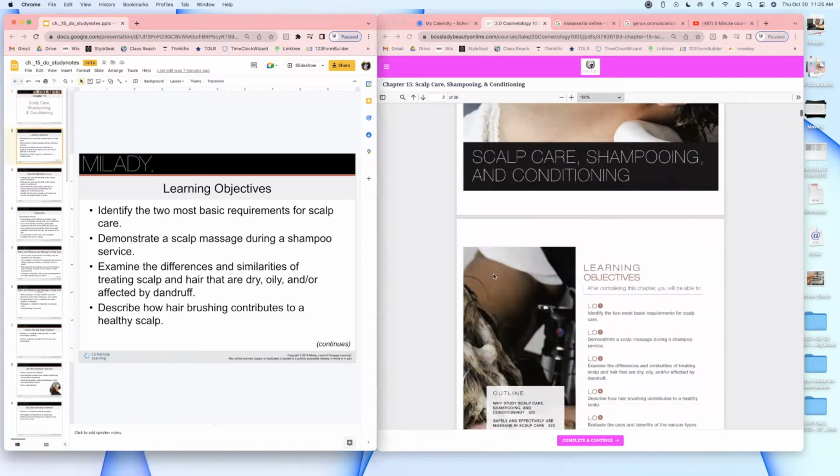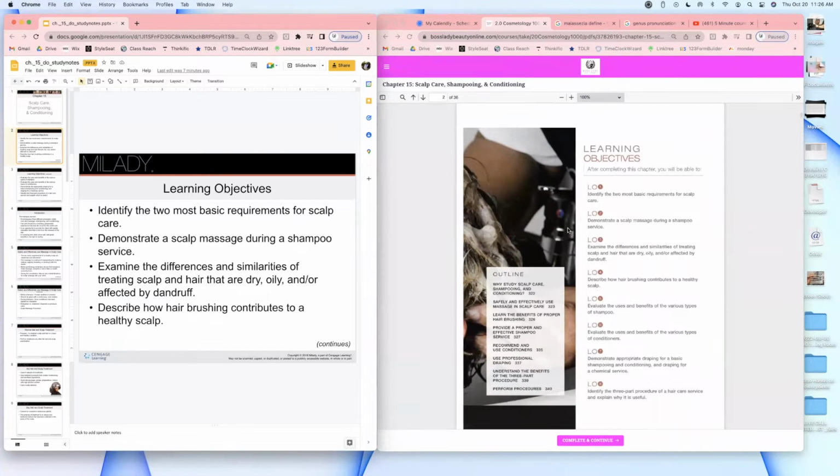Our learning objectives, sorry, y'all, for today are going to be to identify the most basic requirements for scalp care, which is very important, especially when you're doing a scalp analysis. Demonstrate a scalp massage during a shampoo service. Examine the differences and similarities of treating the scalp and hair that's oily, dry, affected by dandruff, and also normal. Normal is going to be the easiest one to keep healthy and advise on what to do to keep it normal and healthy. Describe how brushing contributes to a healthy scalp,